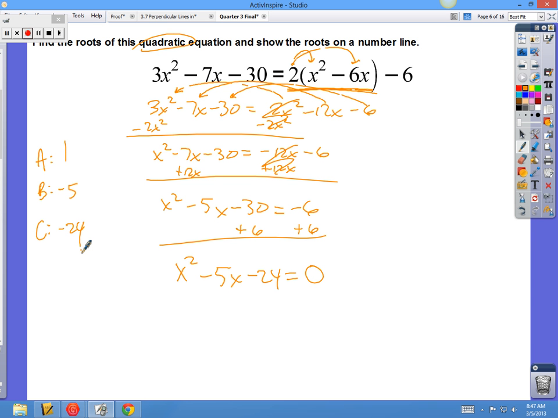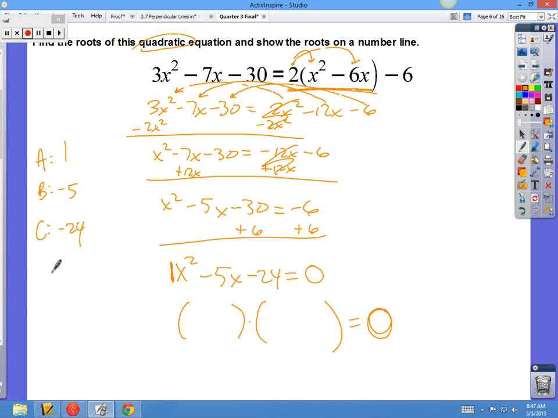you remember back from your quarter 2 days, this guy might actually be easier than quadratic formula, because anytime this is 1, let's see if we can factor it. Can you rewrite this as a multiplication problem? And if you can, then your answer is going to be quite a bit easier than quadratic formula. But you will get the exact same answer if you choose to go with quadratic formula, so whatever way you